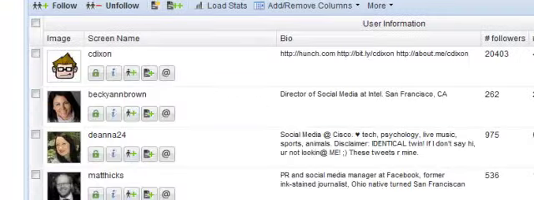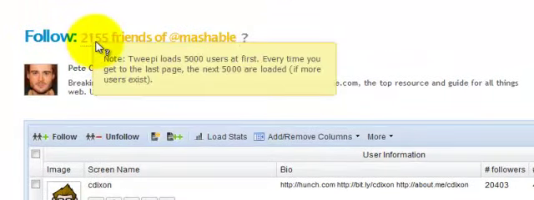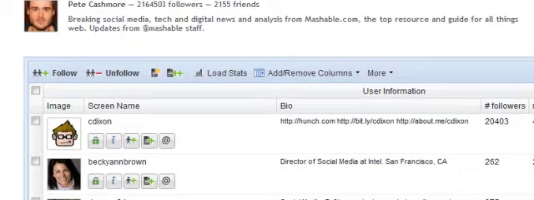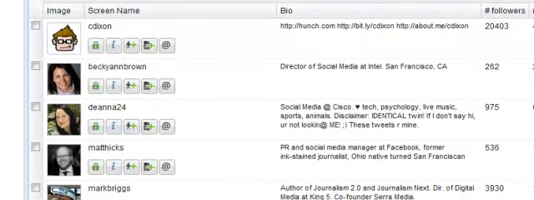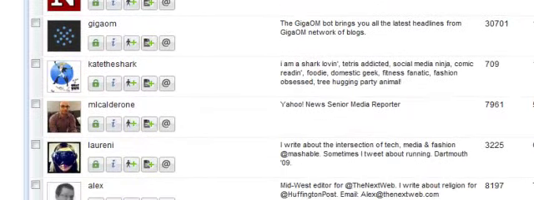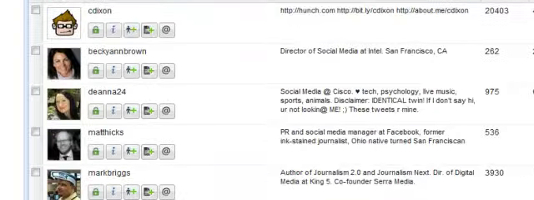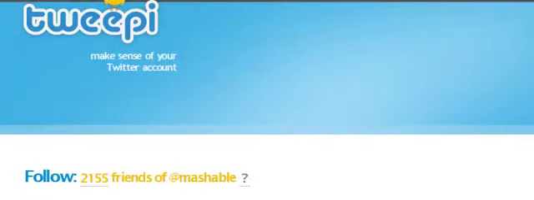So Mashable is only following 2,155 friends. So if I want to get an inside scoop on maybe where they're deriving some of their content, and I'm sure with Mashable, these are probably some people that work with them, that share their information, you can go and follow the people that they're following, okay? So that's a really awesome tool.